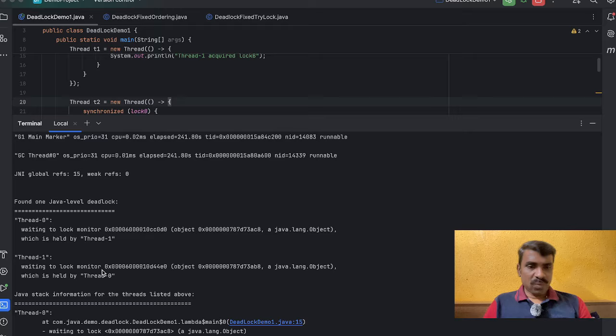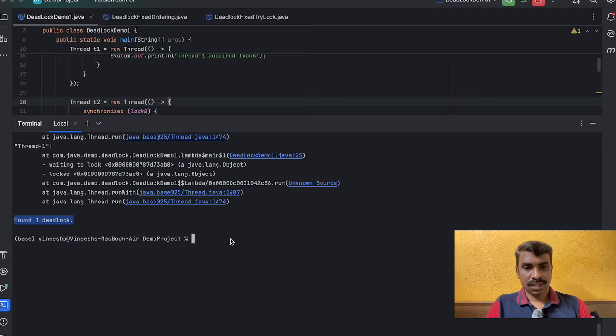So this is how you can confirm a deadlock with jstack. jstack clearly explains thread 0 is waiting for thread 1, which is waiting for thread 0, so it will never end. It's clear, I believe. Another way of detecting a deadlock is